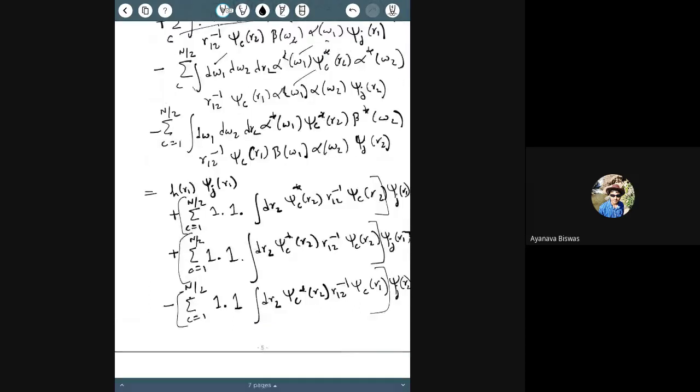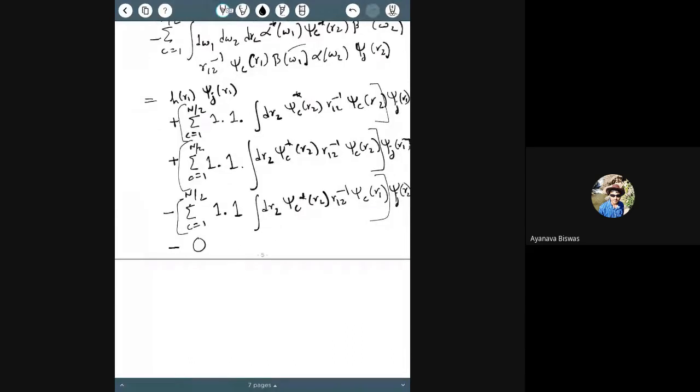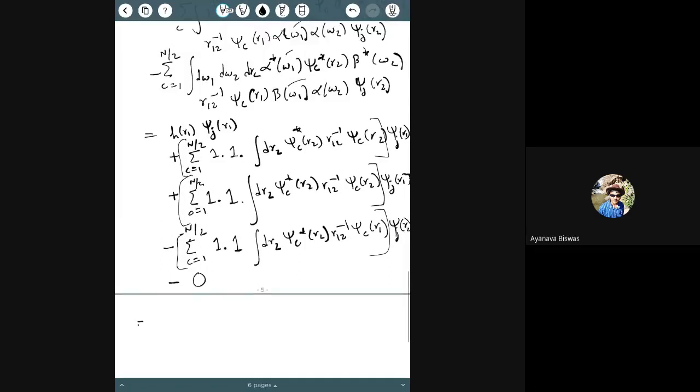Then let's look at the last term. So omega 1 is alpha star omega 1, beta omega 1. So that itself is 0. So you have 0. So we lost one term. And notice that the first two terms are also the same. So you will get two of these. So you have h r1 psi j r1, that is unchanged, plus 2 times